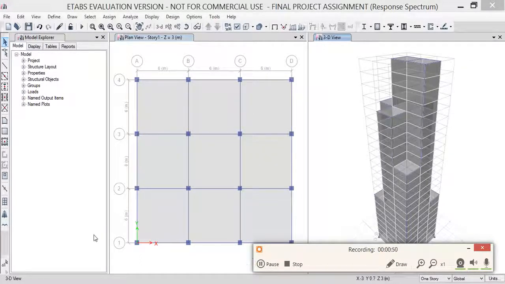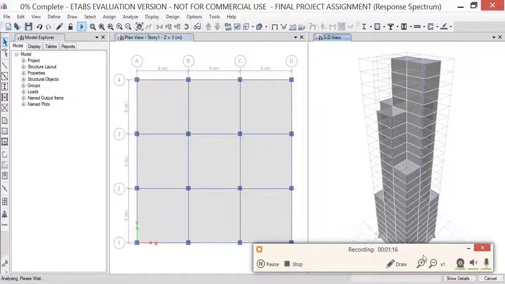So right now we will be carrying out the analysis of the seismic resistant structure using the response spectrum method. Here you can see I am running the analysis for the G+23 storey structure after defining all of the properties of material as well as the section and using the auto select option. As you can see, the analysis model is being created and the analysis process is going on. The status of the analysis can be viewed at the right hand side bottom of the second window. The analysis of the structure may require some time as it is a G+23 storey structure.